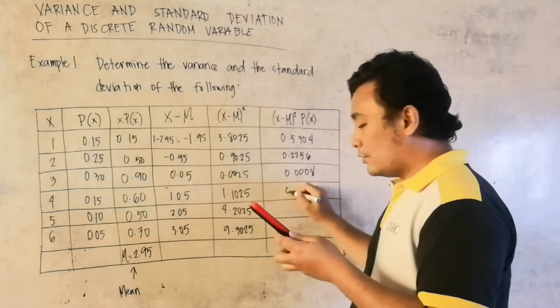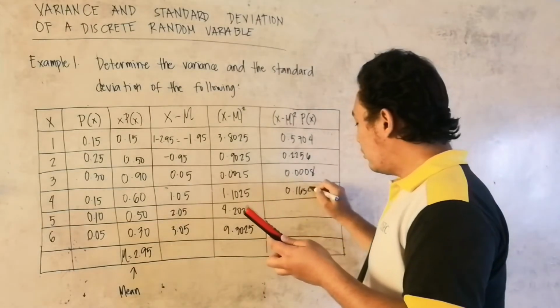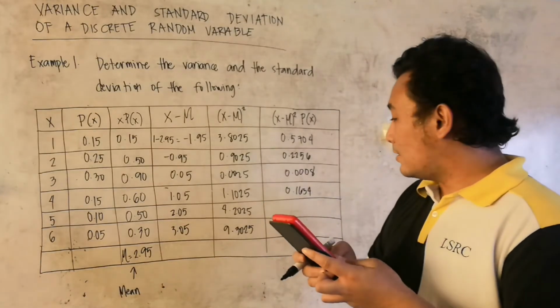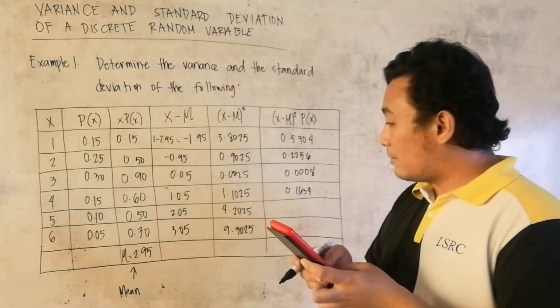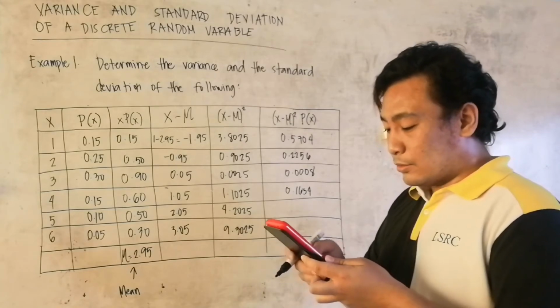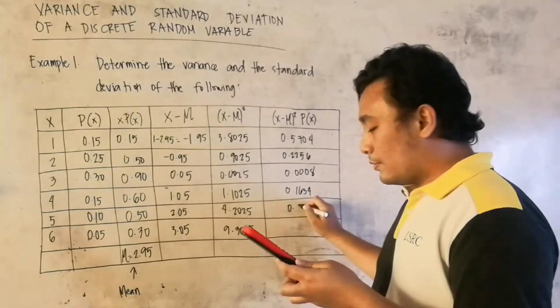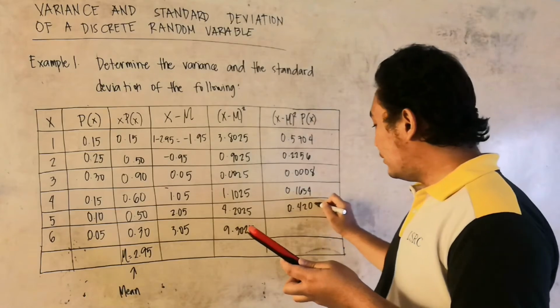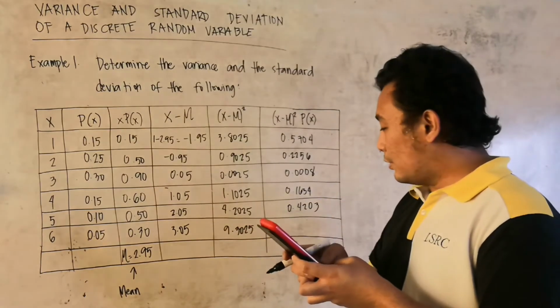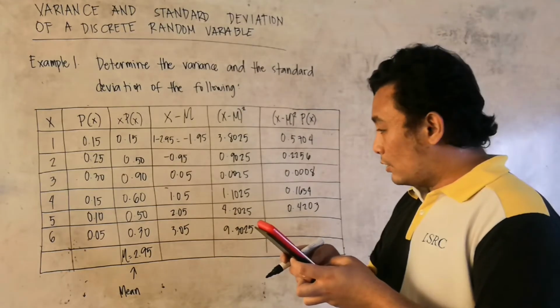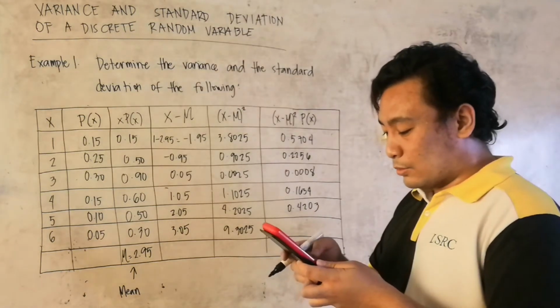This is equal to 0.1654. And the next is 4.2025 multiplied by 0.1 is equal to 0.4203, and 9.3025 multiplied by 0.05 is equal to